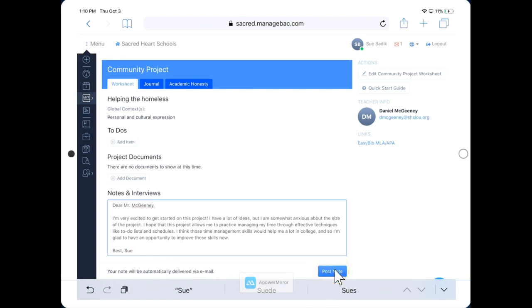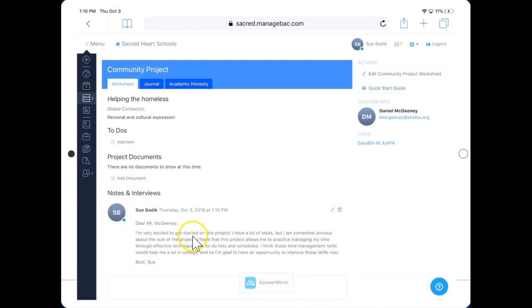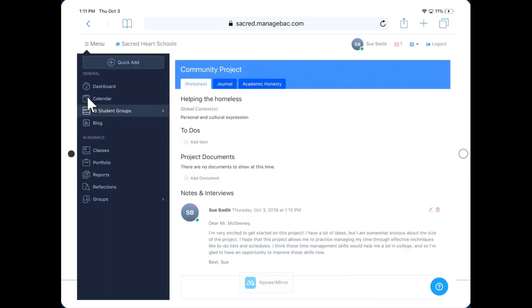My teacher will receive an email with this note, and then they can log into ManageBac and they can see it here as well. So thanks for watching this video. This covers the ins and outs of ManageBac, and it's how we use ManageBac for the community project. Again, there are 3 tabs at the top, and then within those you have various options. We also have to get to this community project in the first place. Don't forget that you're clicking on Menu at the top. Then you're clicking on Student Groups. And then you're clicking on Community Project